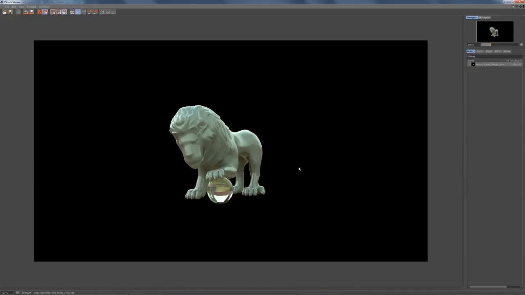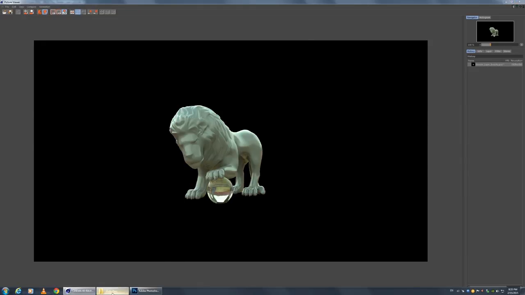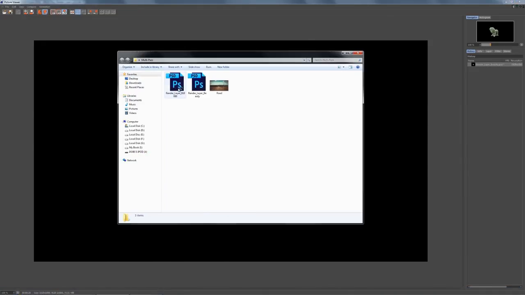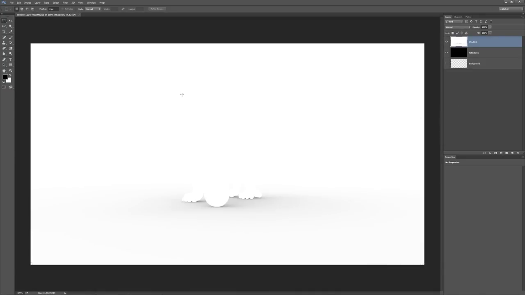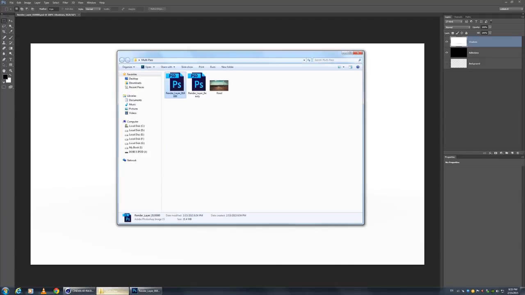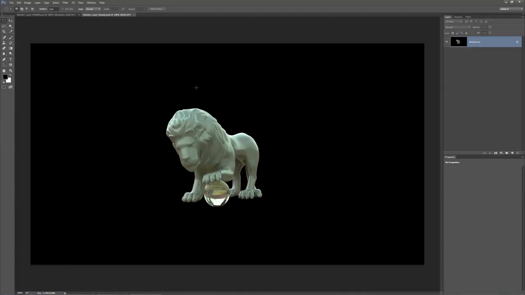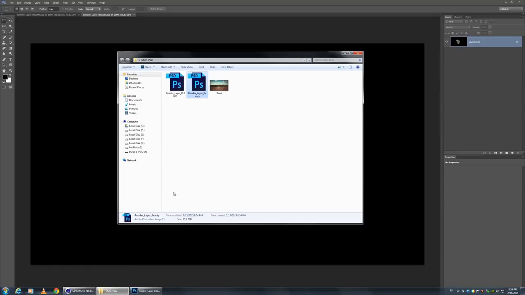And we are done. Let's open the layers into Photoshop. And I will add the background